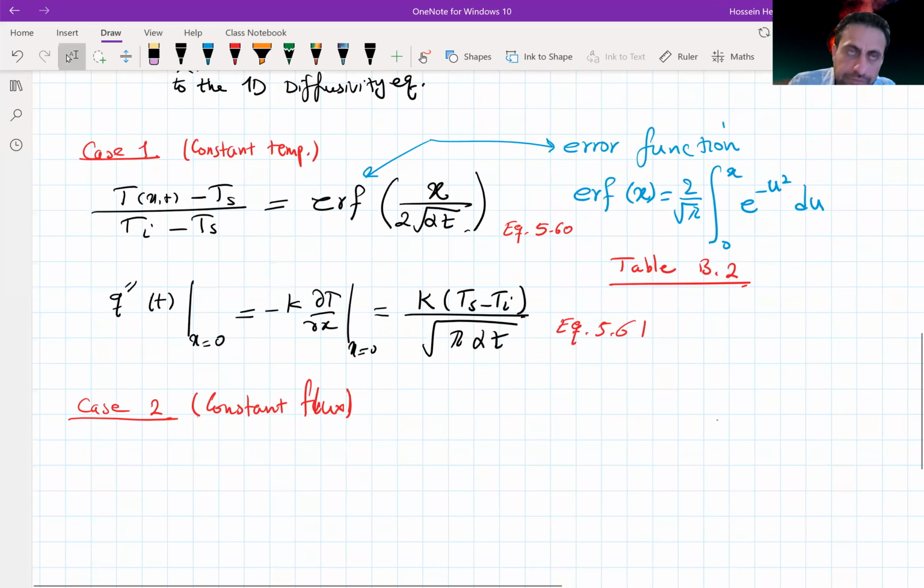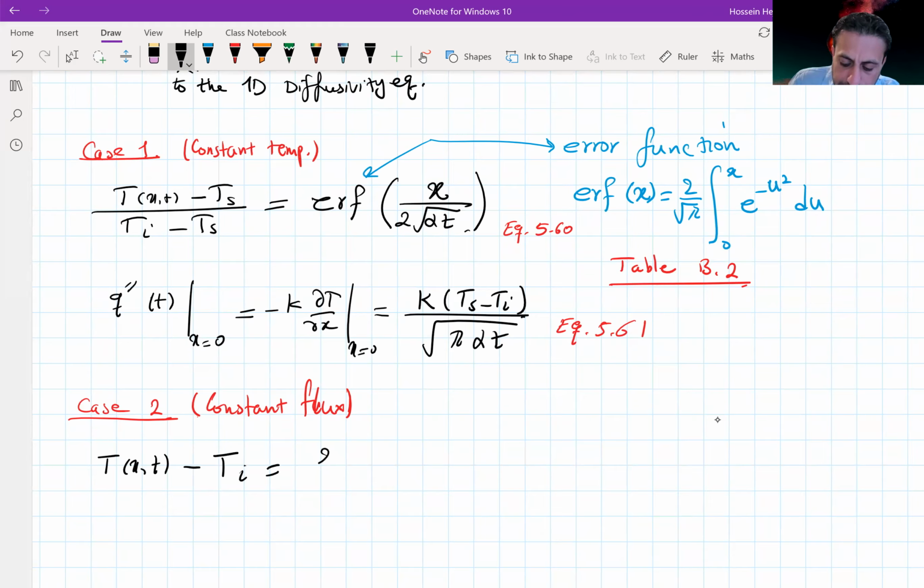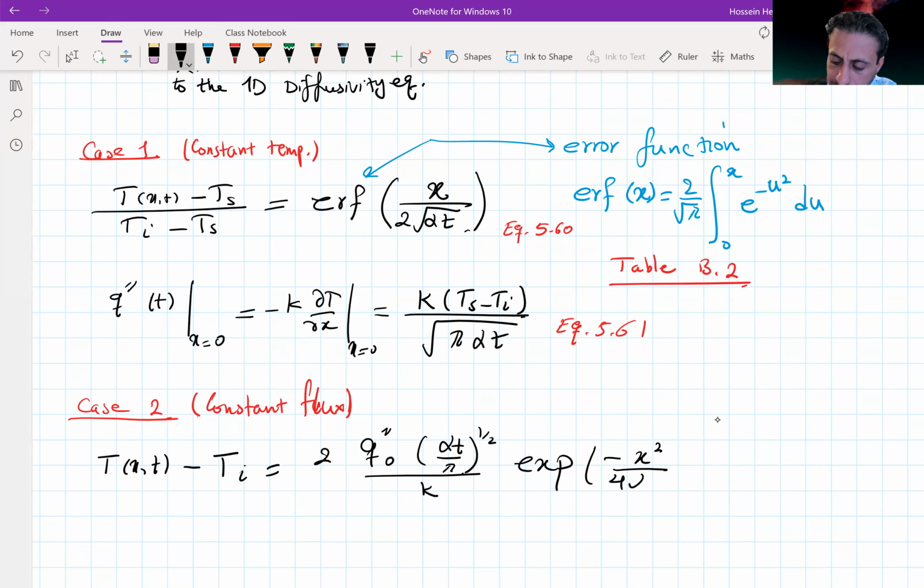Then if you find the solution, it's going to be T(x,t) minus Ti equals 2 q double prime 0, this is the constant flux that we have, times square root of alpha t divided by pi, divided by k, times exponential of minus x squared over 4 alpha t